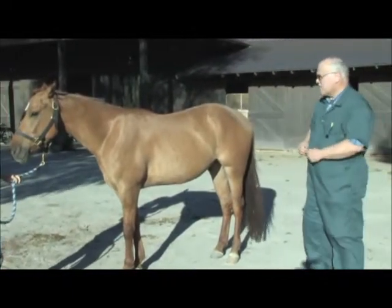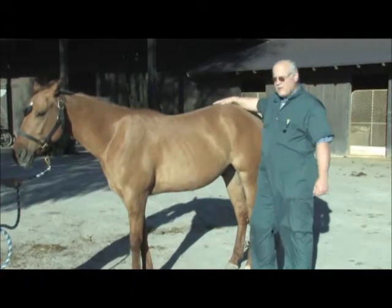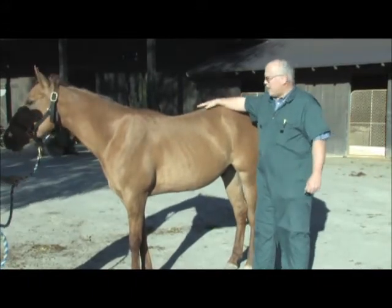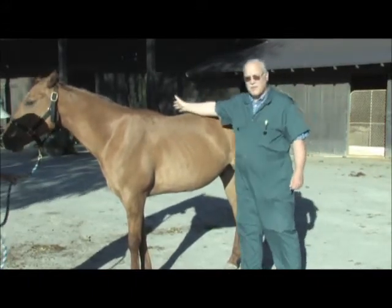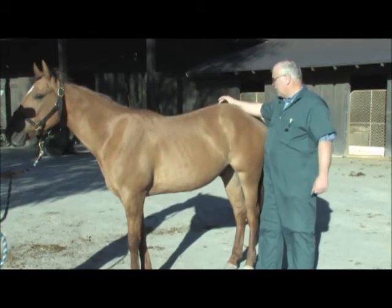Okay, first things first, we've had an issue with this pelvis and lower back here. What happens is you get blockage of energy flow from the back end of the horse to the front end of the horse. So what I'm going to do is open that up and I'm going to put it in with one